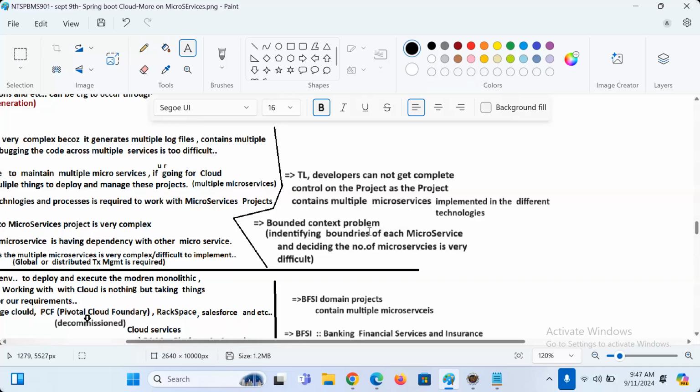And each microservice's limit we should identify: should start from here, should end here. That is a very brainstorming activity, or not, guys? See, the bounded context problem: identifying the boundaries of each microservice and deciding the number of microservices is very difficult.